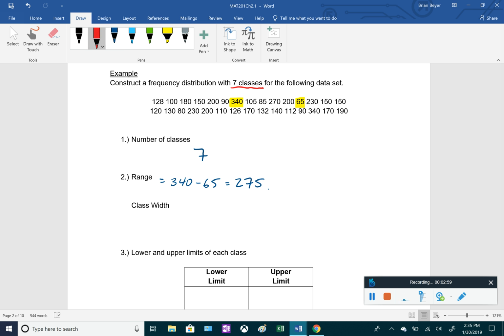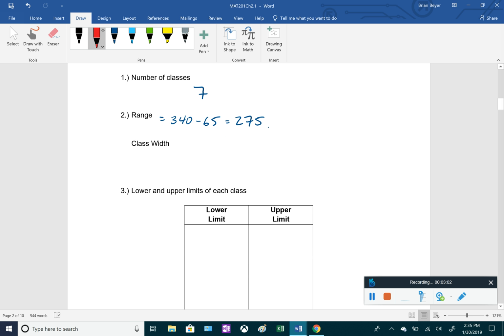The class width, and once again remember that this is the interval size for each class, is going to be the range divided by the number of classes. This is just going to ensure that each interval is equally sized. So the range is 275 and the number of classes is 7. When we get an answer for this, we end up getting about, I'm going to put squiggly equals for about,